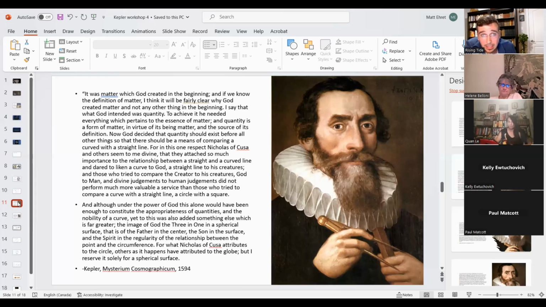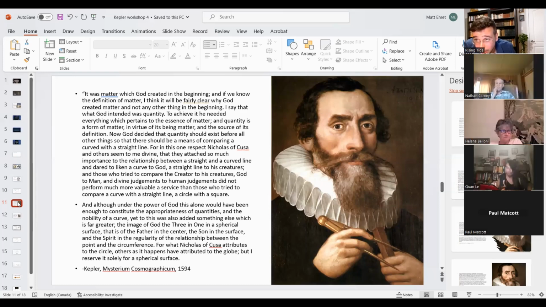And those who tried to compare the Creator to his creatures, God to man, and divine judgments to human judgments, did not perform much more valuable a service than those who tried to compare a curve with a straight line, a circle with a square. And although under the power of God this alone would have been enough to constitute the appropriateness of quantities and